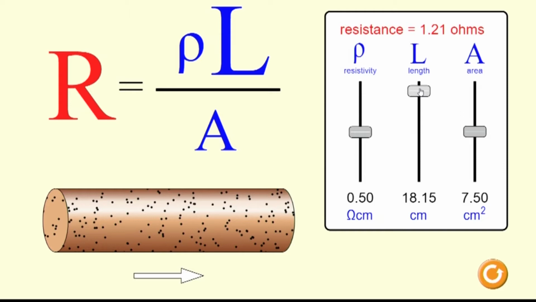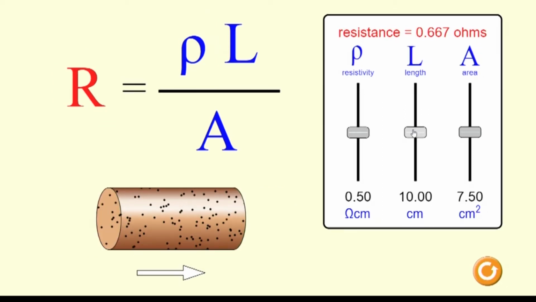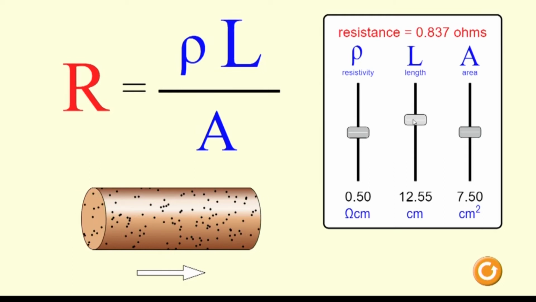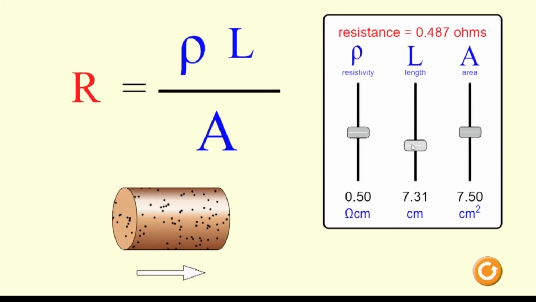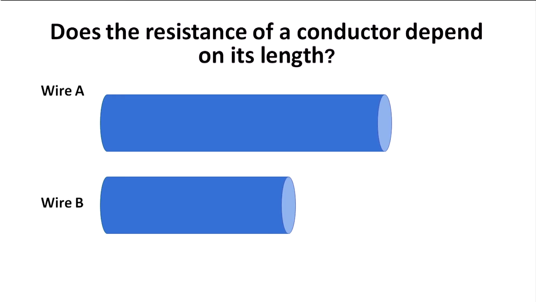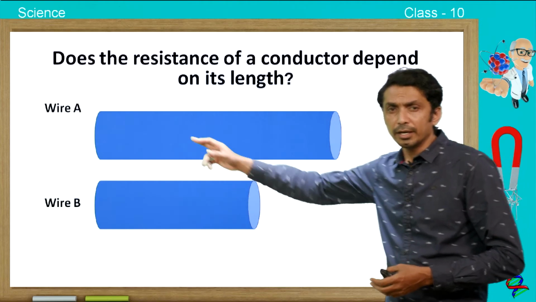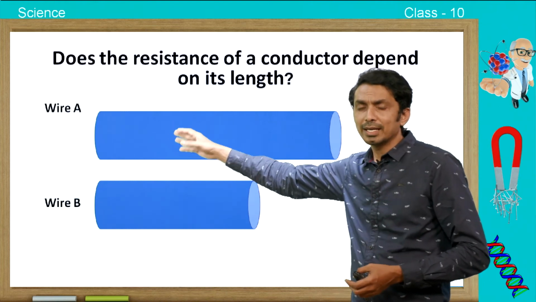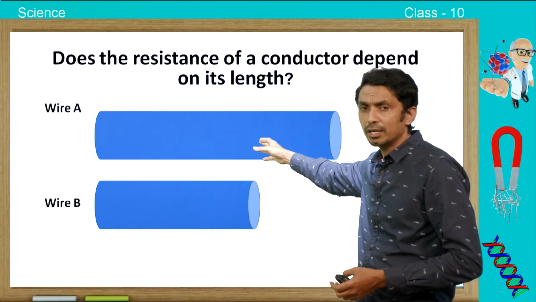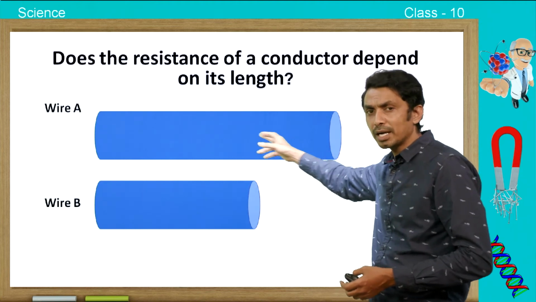Yes, a shorter length of wire has a lesser resistance. As you can see, the resistance is 0.2, 0.1, and a larger length of wire has higher resistance. So children, here as you can see, in wire A, the charges have to travel a longer distance, a longer path. So the number of obstructions, or the resistance that the charge will face in passing through this conductor